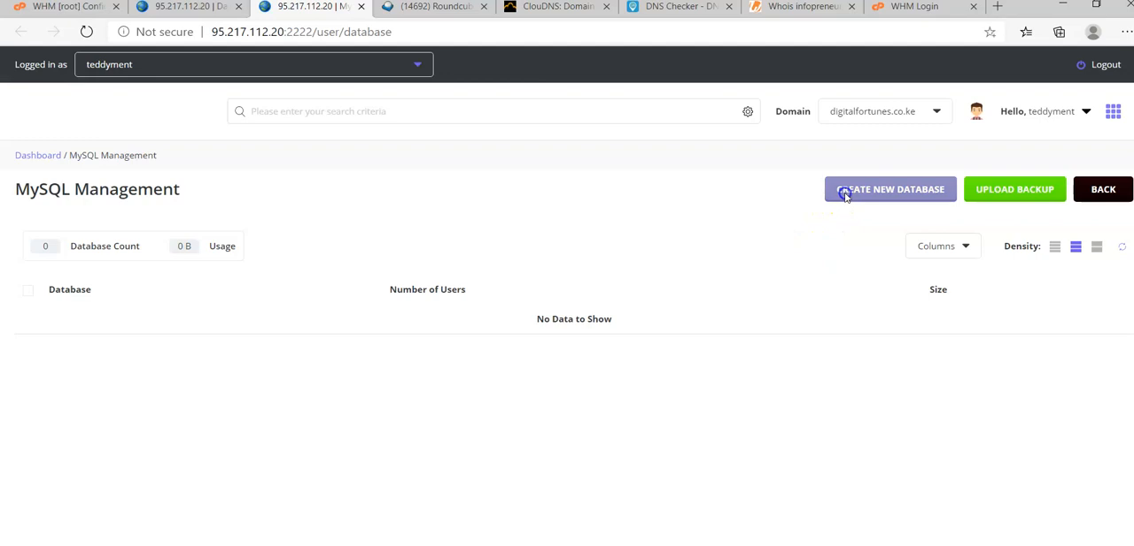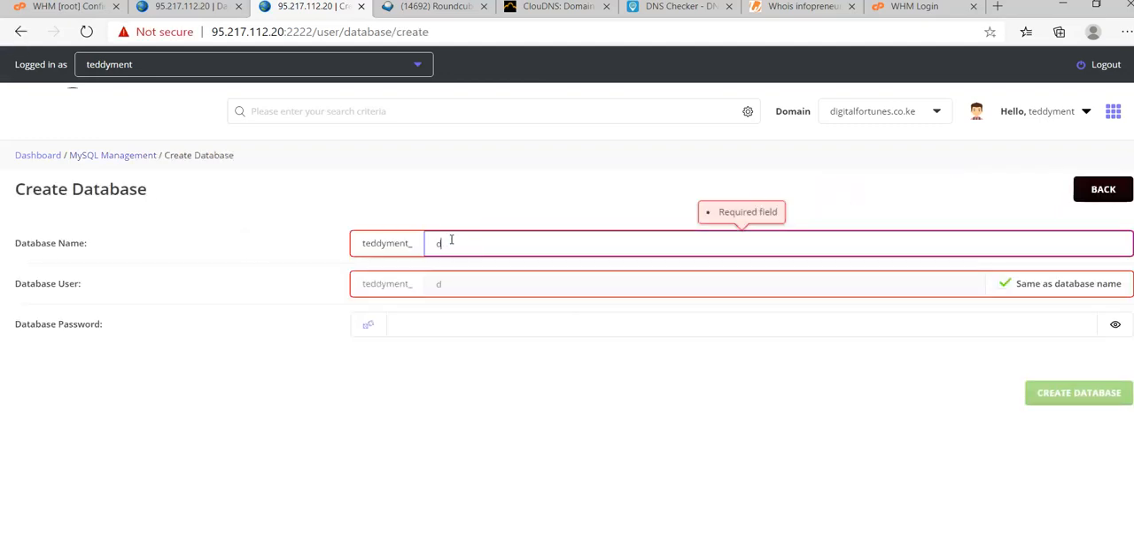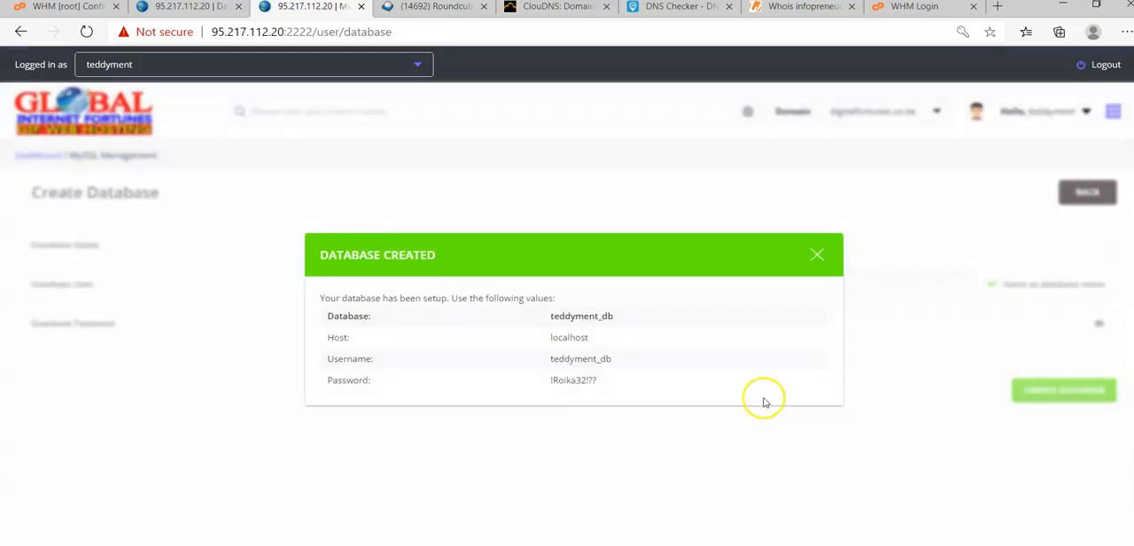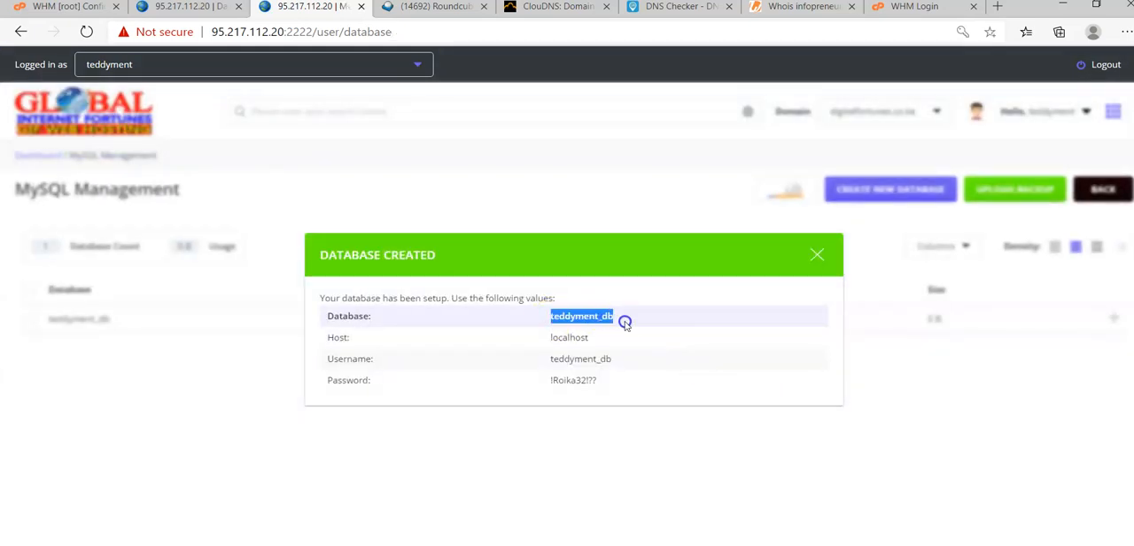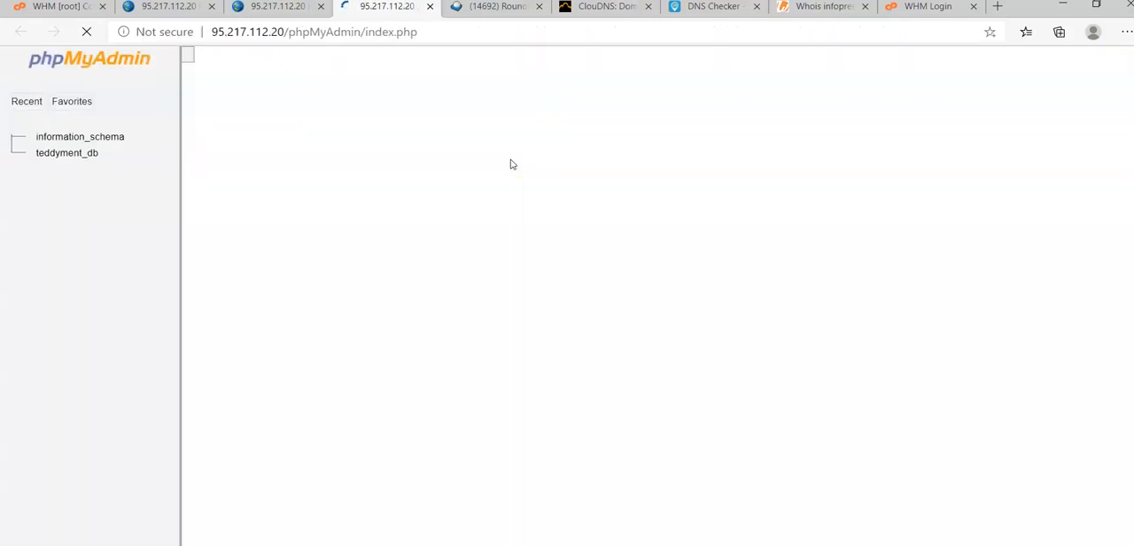Create a database. I'll give it a name as DP and issue a password for it. Then click create. This is the name of the database and this is the name of the user. So copy this one here because you'll use it in configuring the WP config file. Close that and click phpMyAdmin so that you can import